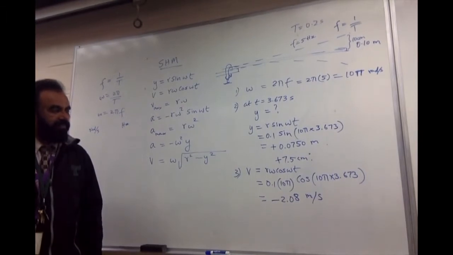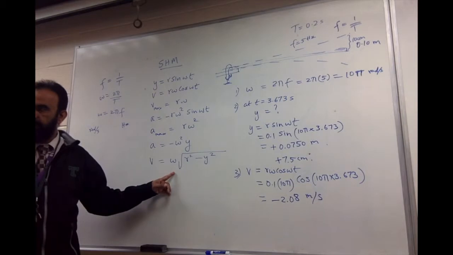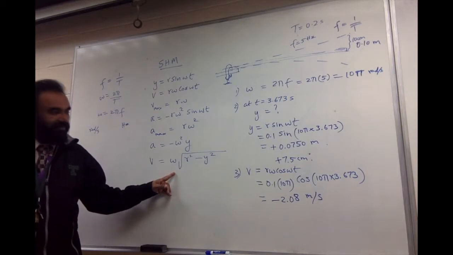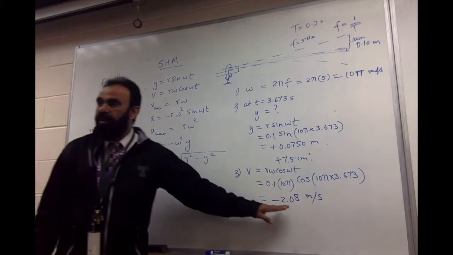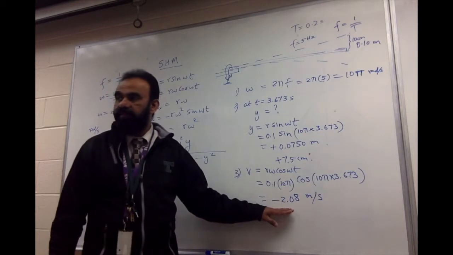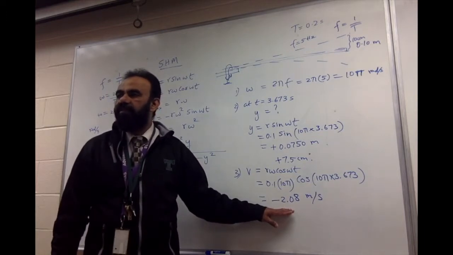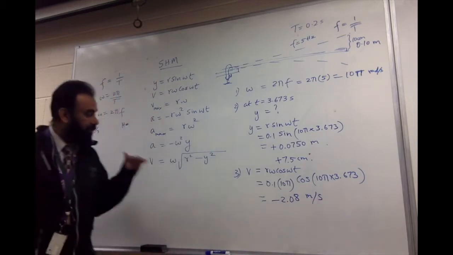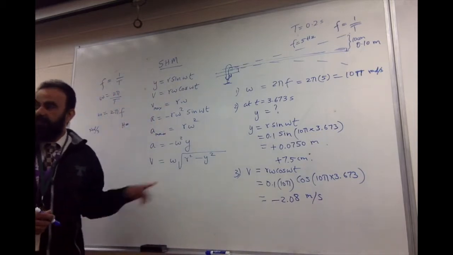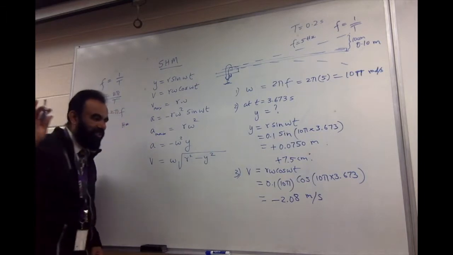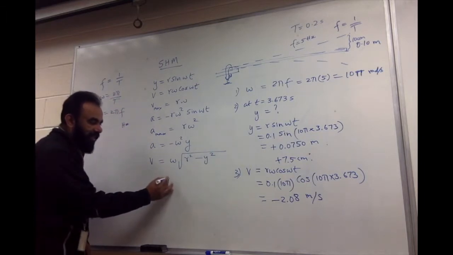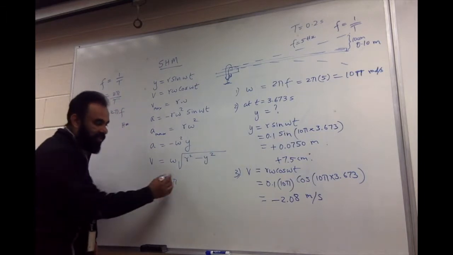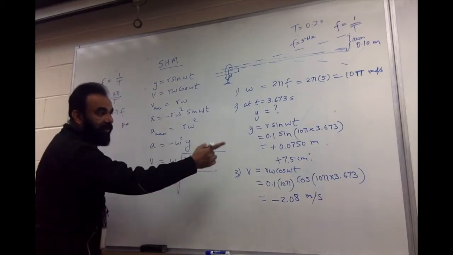Because I got a negative 1.35 whenever I used that equation, number 3. So it's not negative 2.08? It is, but he's confused because he used the equation in number 3. No, he used this equation. He used this 10 pi root of